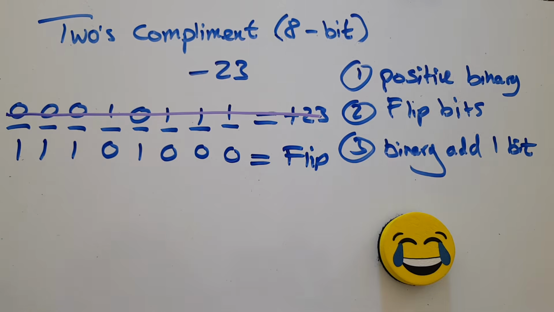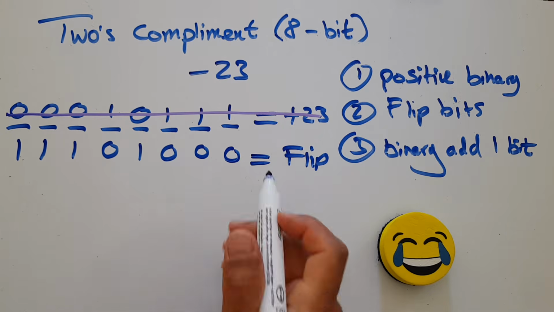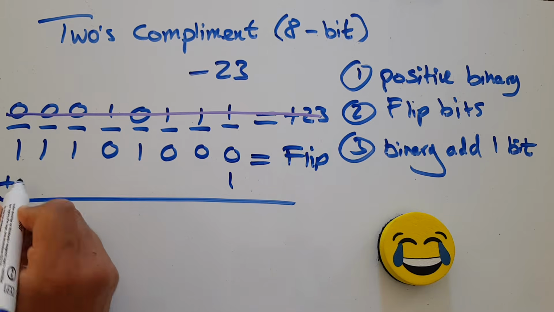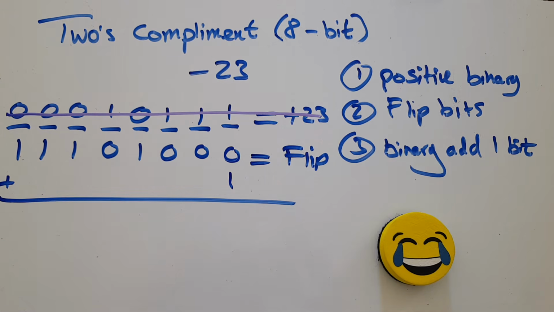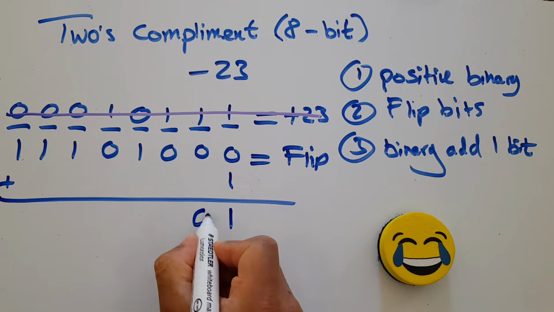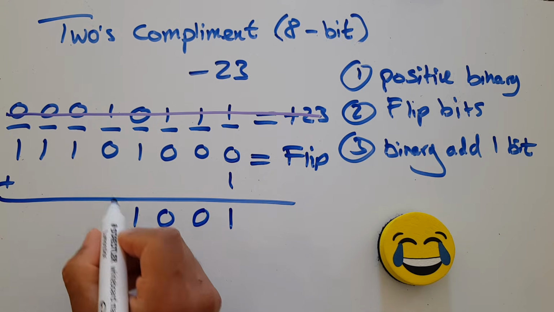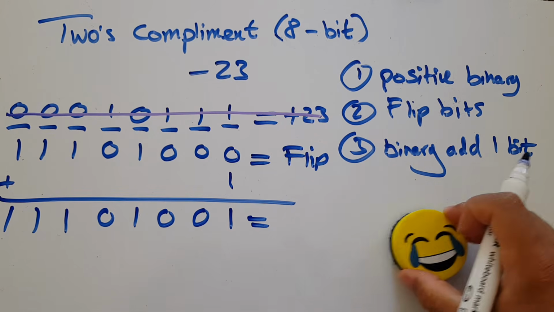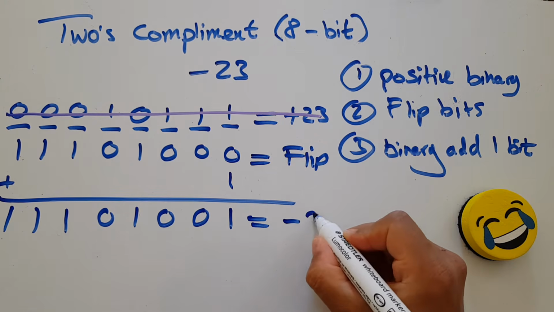We don't need this step anymore. I'm going to put my single bit here, and I'm going to show you that I'm doing an addition. 1 plus nothing, well, that's 1, and then everything just drops down in this particular case. 1, 1, and 1. And that's it. That is minus 23